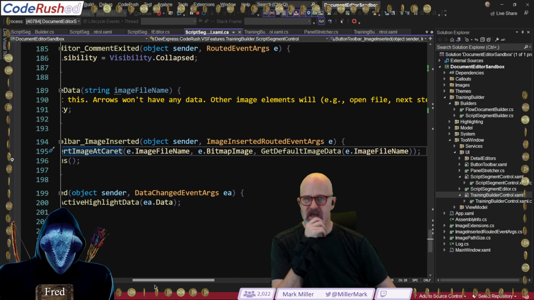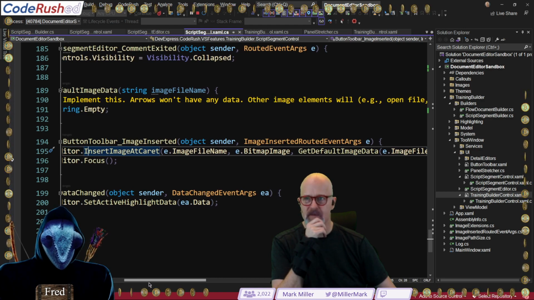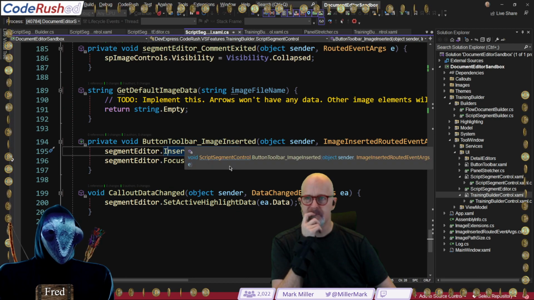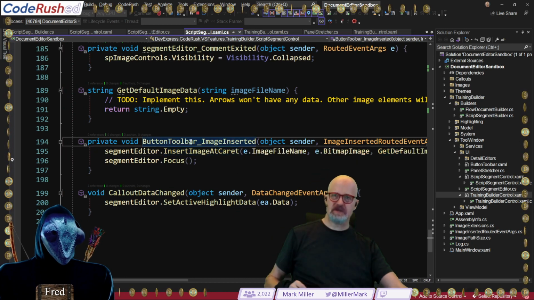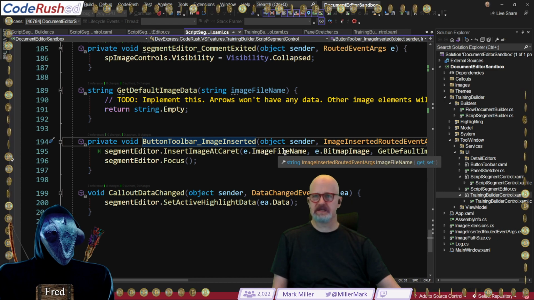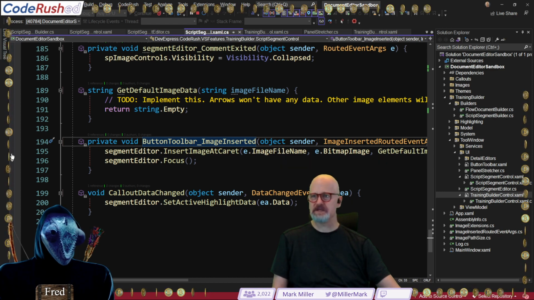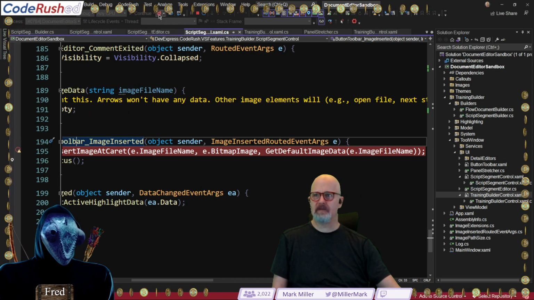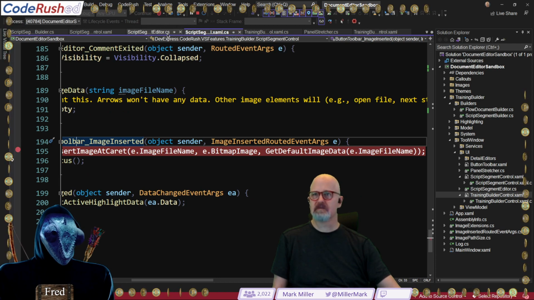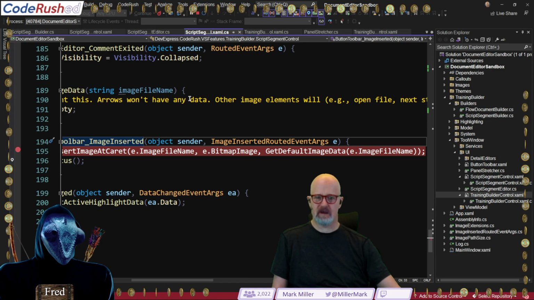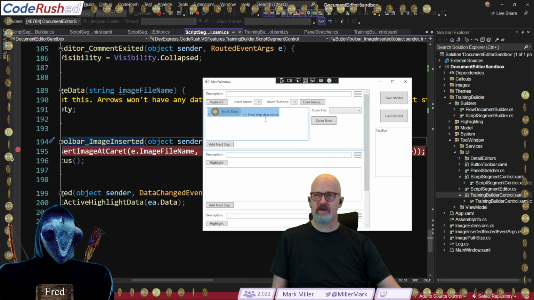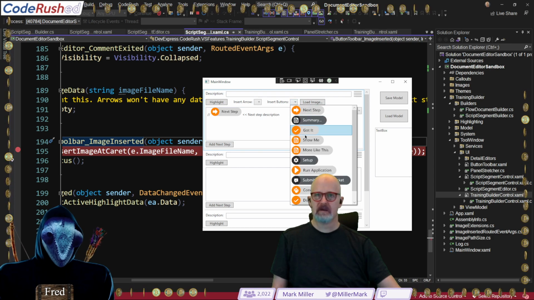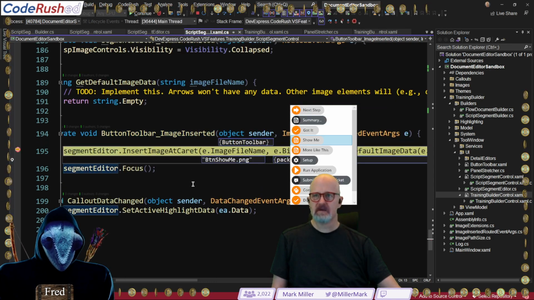We're getting some image data for the image name. Image file name. So this comes from the button toolbar. The button toolbar passes in a file name. If we just drop a marker there, can I do a rebuild? Looks like I can. A hot reload, I mean. So if we come in and we just say, let's throw an image in here, like this, what do we get?